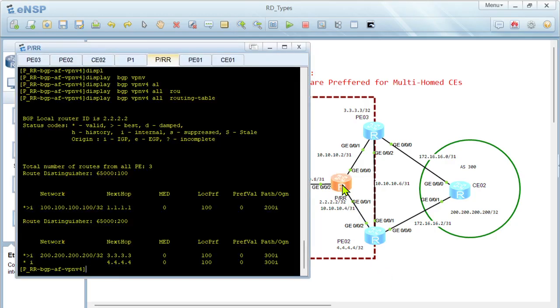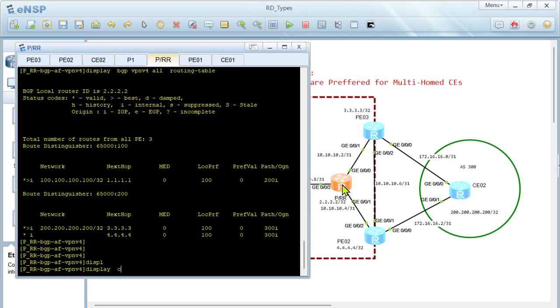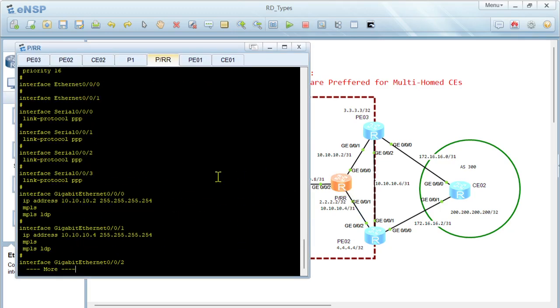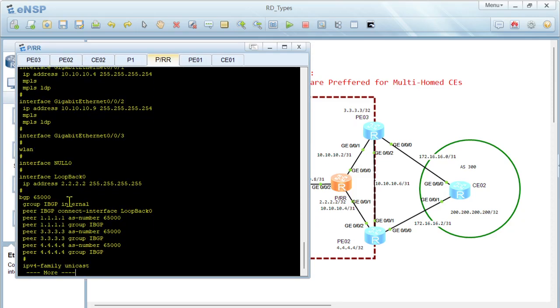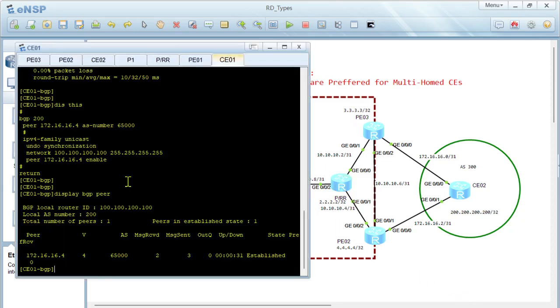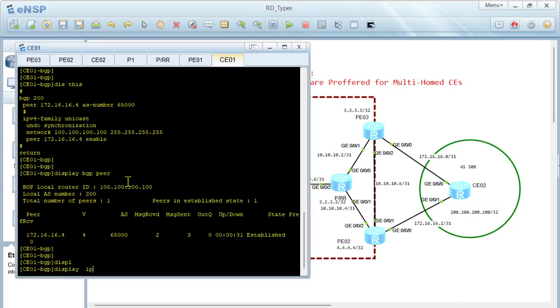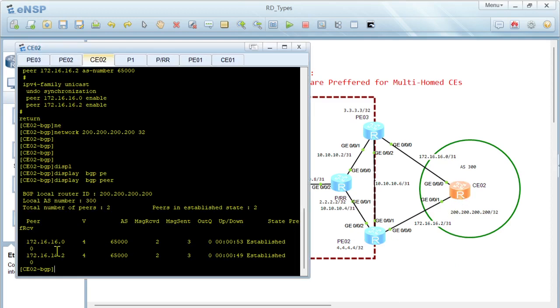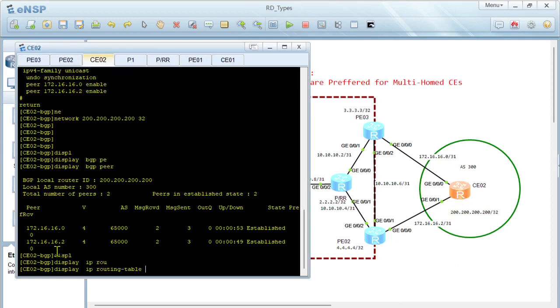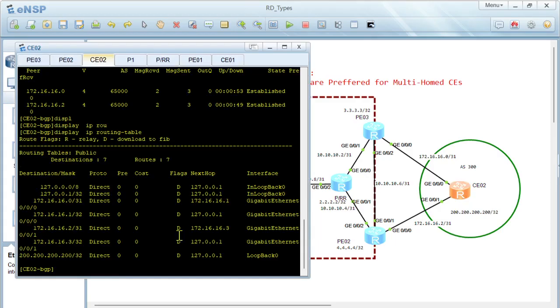Let's check on the route reflector, display current configuration. We also have MPLS and MPLS LDP activated on the interfaces. We can check on C1. If I display IP routing table, you see that we only have 100, the directly connected. On this one, display IP routing table, we also have